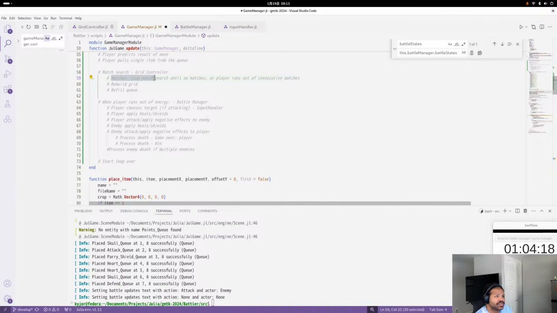So if we match, we loop match search until there are no more matches, or the player runs out of consecutive matches, because the player is going to have a stat that's basically going to say how many consecutive matches can I make in one move, so we're not just super overpowered. Then when the player runs out of energy, in the battle manager,